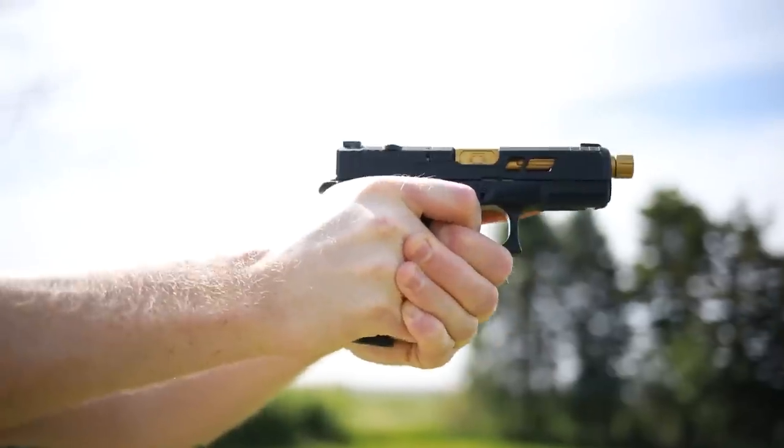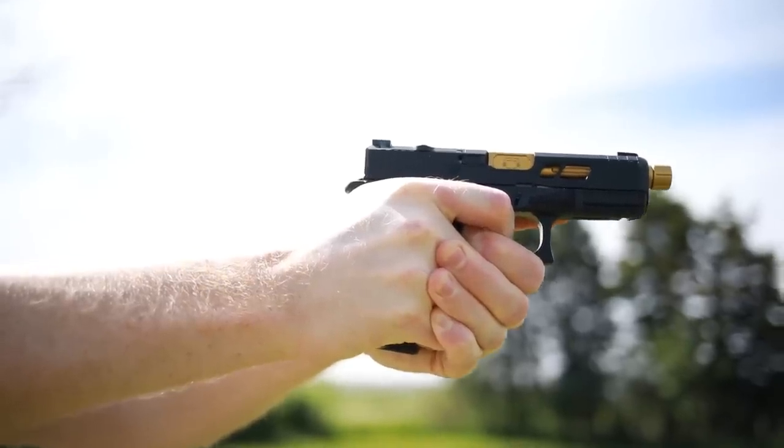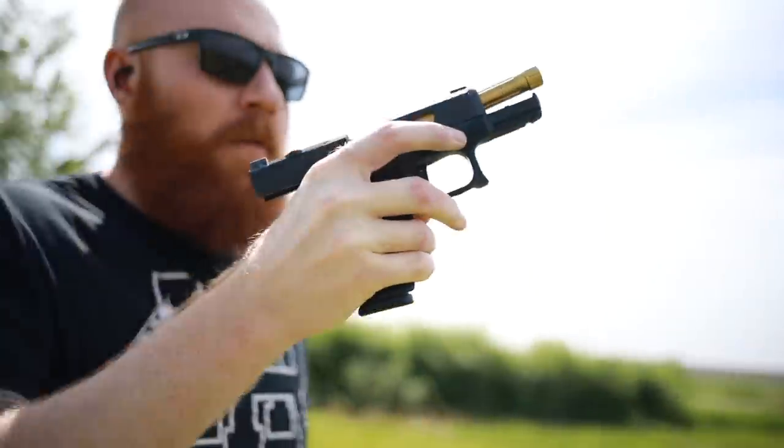What's up, guys? This is the Honest Outlaw here, and today we're going to be talking about my custom Glock